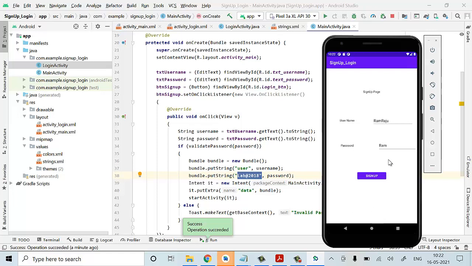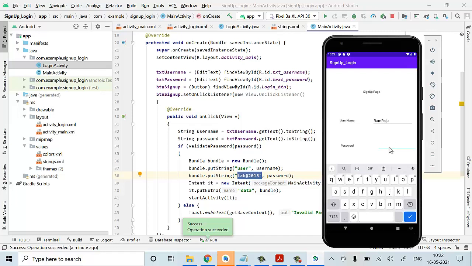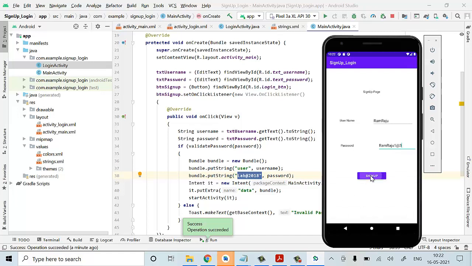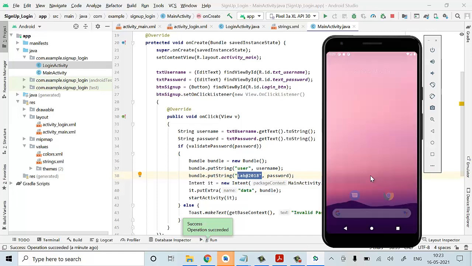Okay, suppose for example I specify Ram Raju 1 at 3. Like this, when I click on sign up, it has to move to your login page. Okay, why is it not coming? We have to go to the manifest.